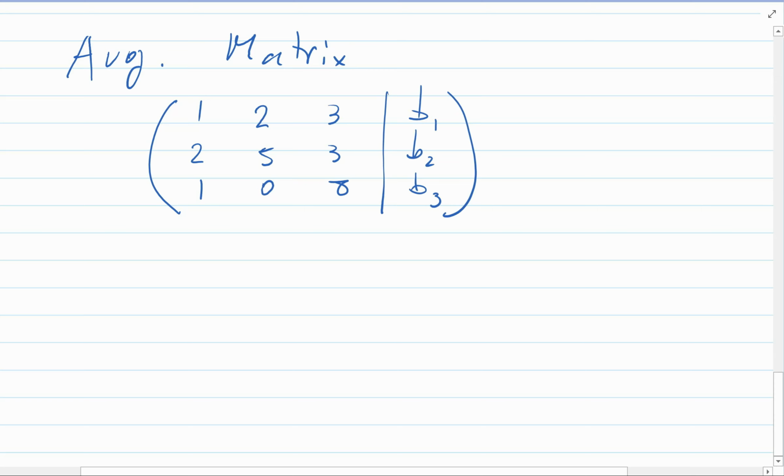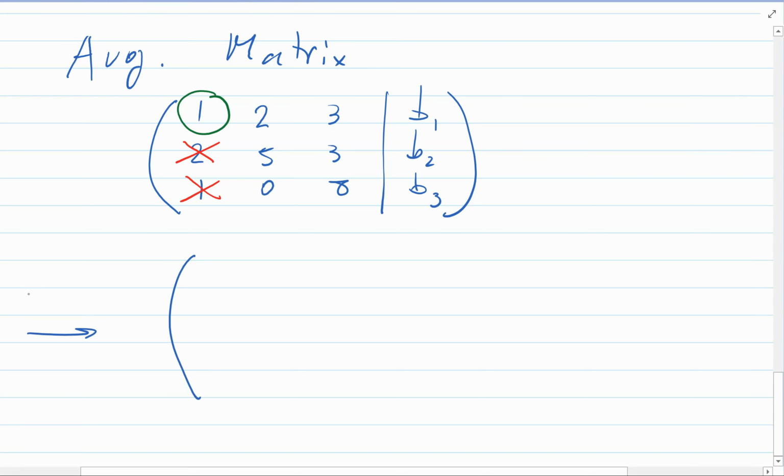Okay, so the first one will play the role of the leading coefficients, and what we want to do is to get rid of this one and this one by using elementary row operations. So we get,